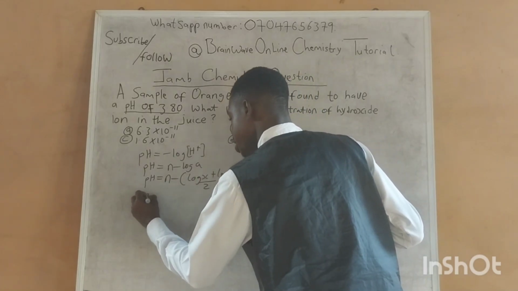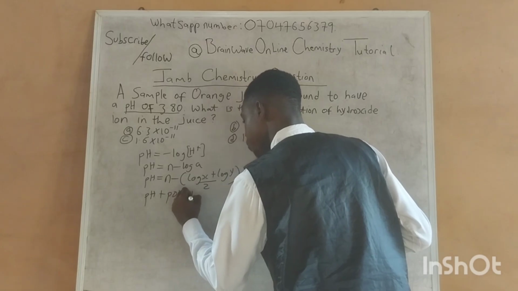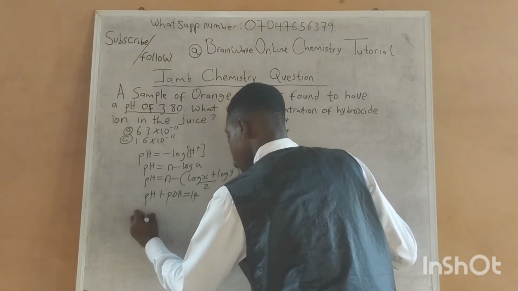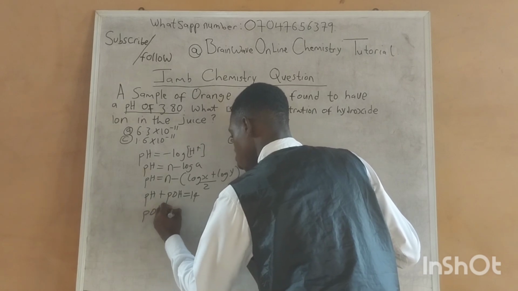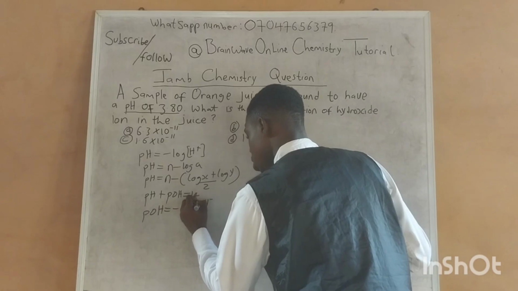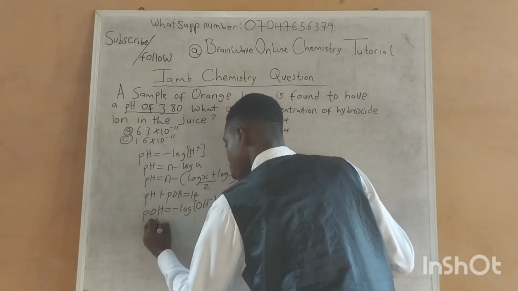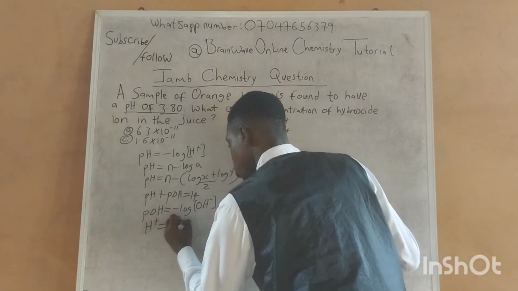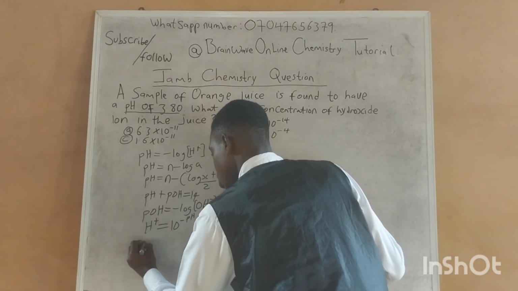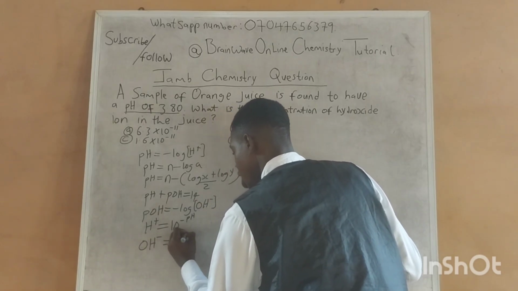We also have pH plus pOH equals 14, and pOH equals minus log hydroxide ion. You also have hydrogen ion equals 10 raised to power minus pH, and hydroxide ion equals 10 raised to power minus